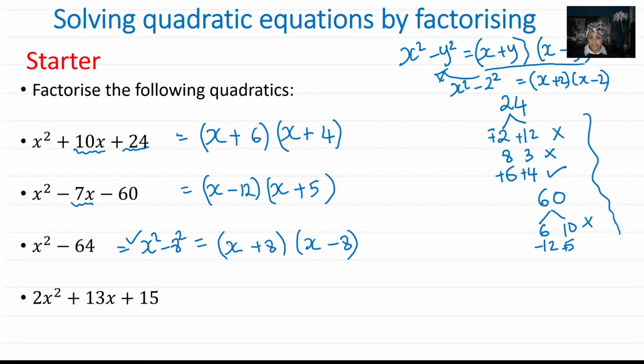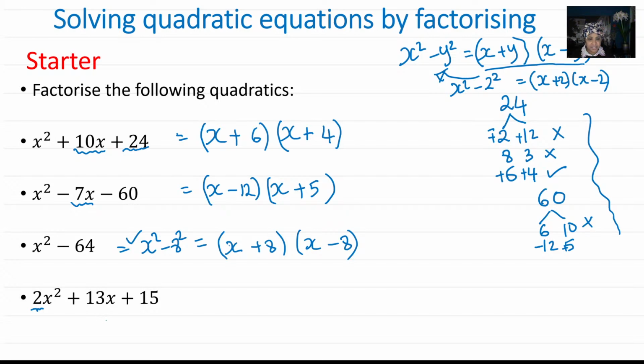Okay, now we have this, we call this a slightly harder quadratic. Why is it harder? Because it has a 2 here. Now, how do we go about doing this? Well, we can split the middle term. I'm going to show you, because sometimes you have difficult numbers and you don't know which numbers to use, and it could be a long-winded process. So look at what I'm doing now, and make sure you write this process down,